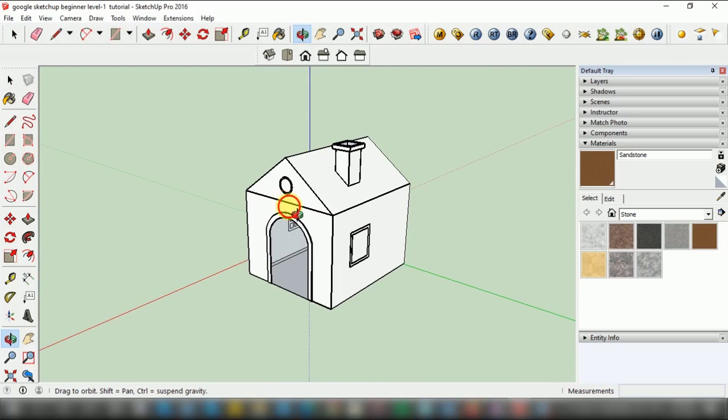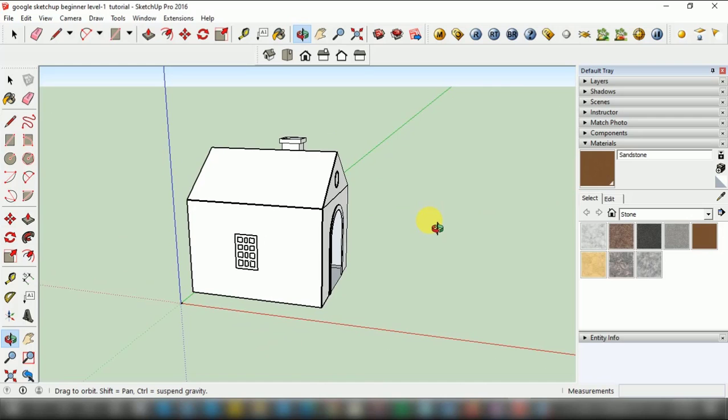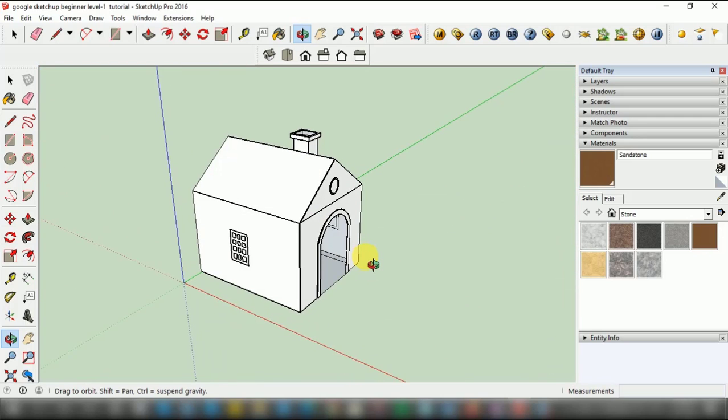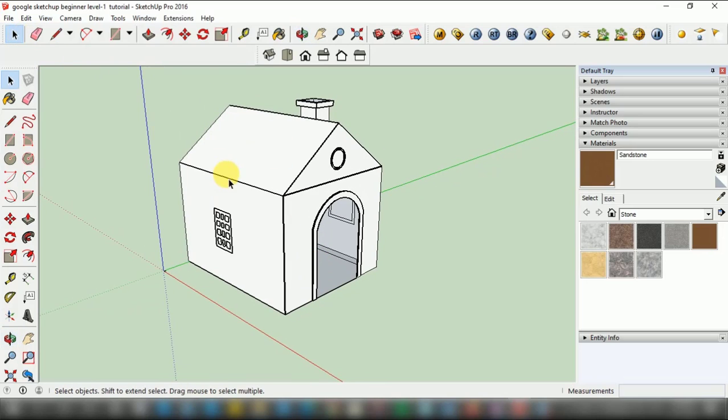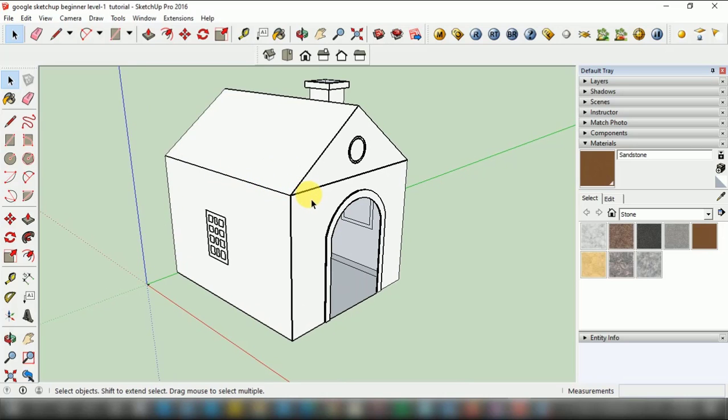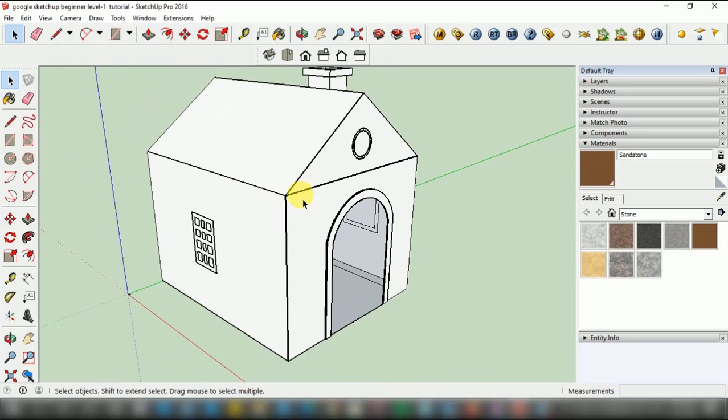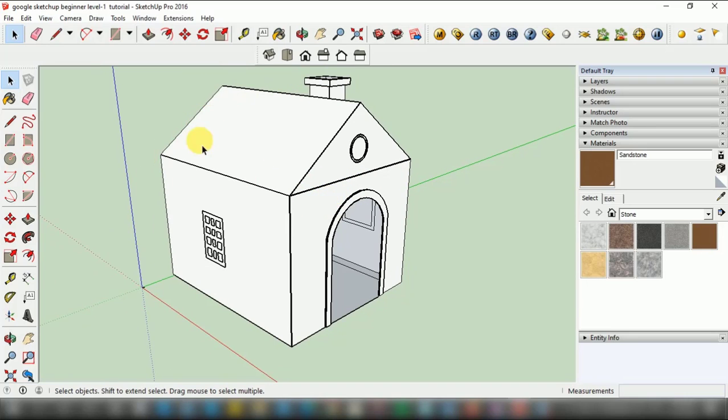So the Depth Cue option, through that option we can see after selecting it, those edges which are very close to the camera angle seem pretty much heavier, pretty much dark, and those which are far away from the camera angle, like this one on which my cursor is moving, are far away from the camera, so it is very light. But these which are very close to the camera seem very dark.